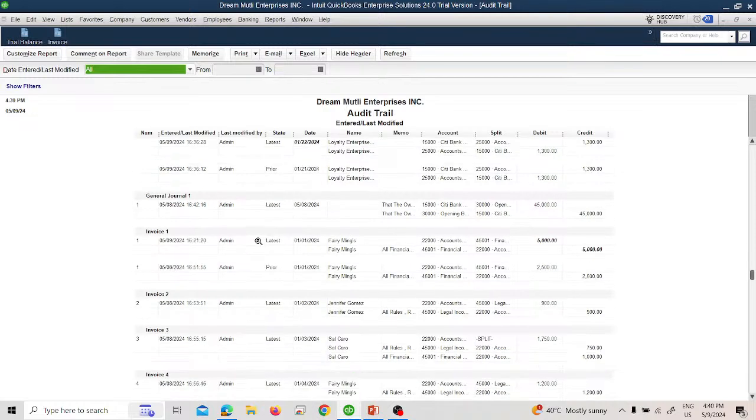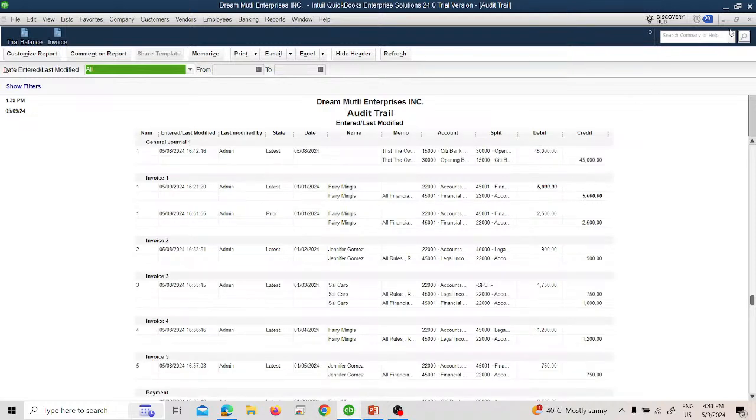Okay, this is how the audit trail will come. Okay, so now